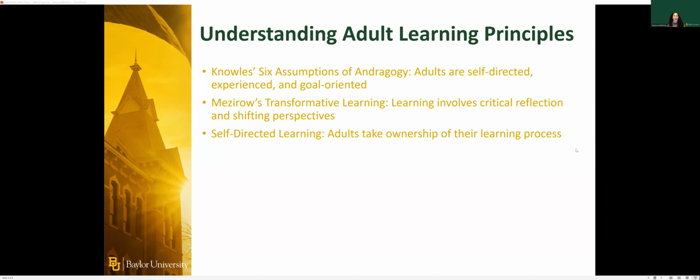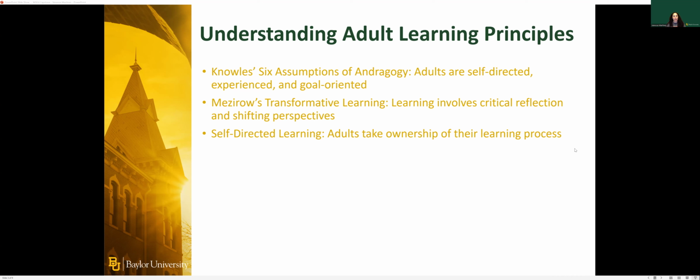As I begin, I'd first like to define the key adult learning principles that inform my approach. First and foremost, I follow Knowles' 6 assumptions of andragogy, which propose that adults are self-directed learners, bring prior experiences, and learn best when content is relevant and problem-centered.